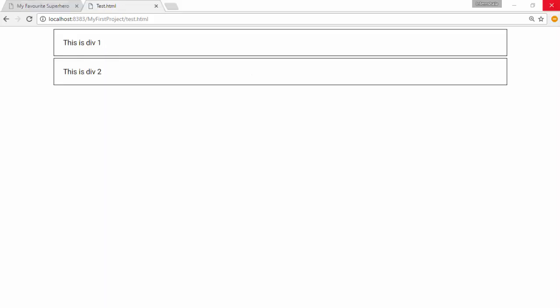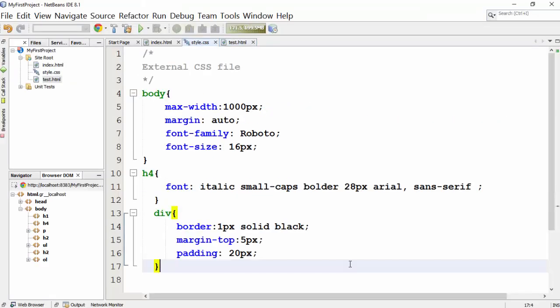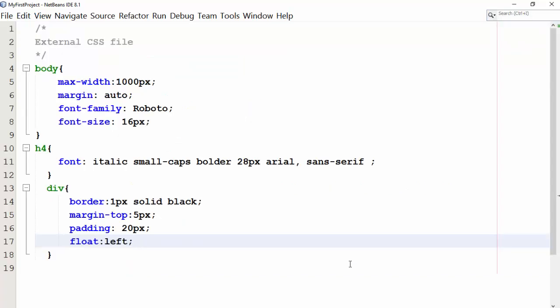In the previous lesson, we created two divs. How do we get these divs to align next to each other? HTML allows you to use float property to define on which side your element should float. Let me go to CSS and make the division float to left and see what happens. I will do so by adding the following line in div selector.